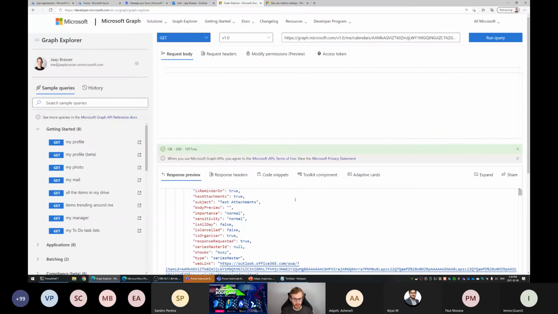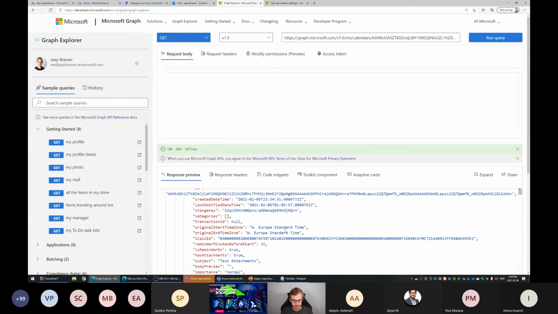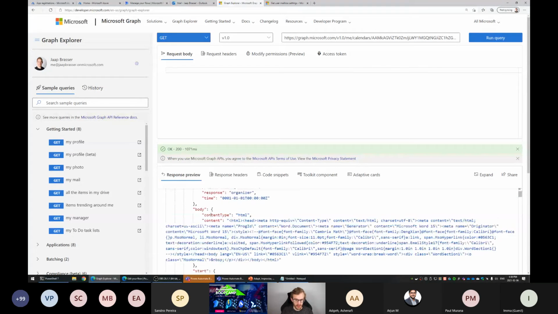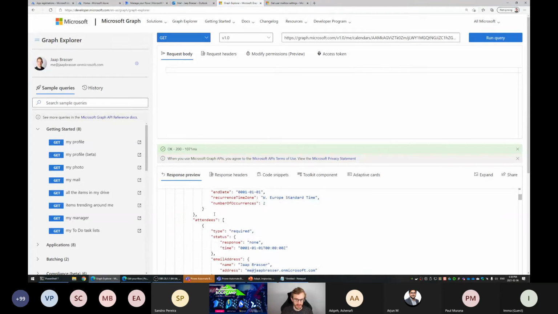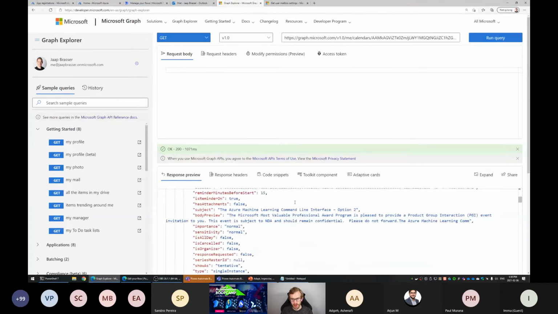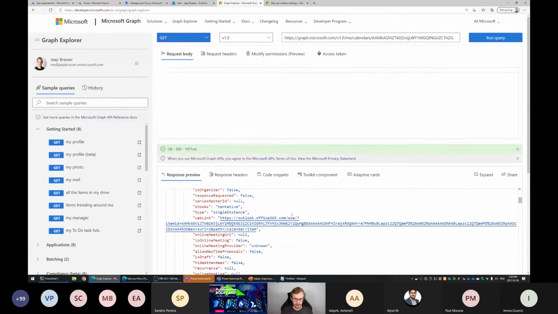But if you look in the Graph API output, then we can see that we have significantly more and a lot of nested properties. The one I'm mostly interested in is